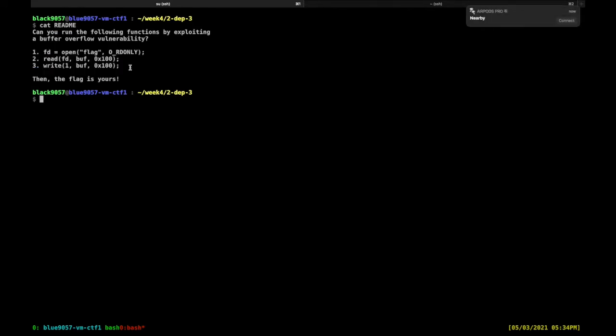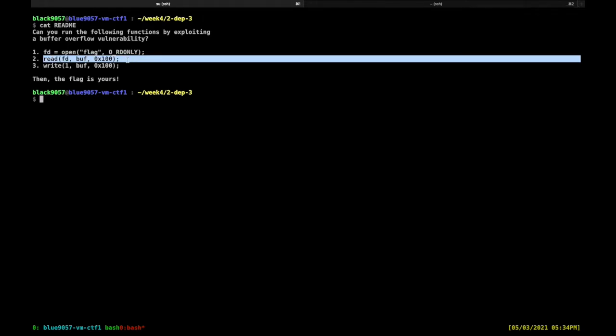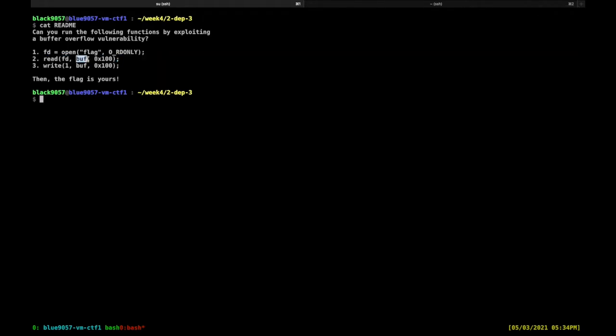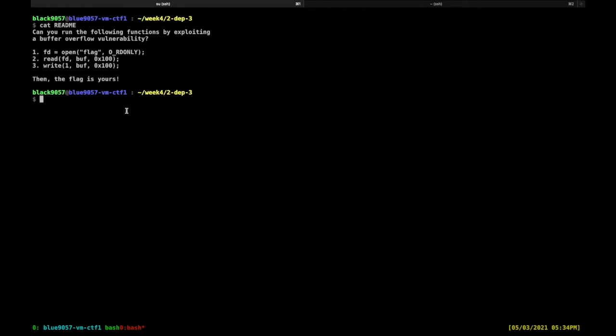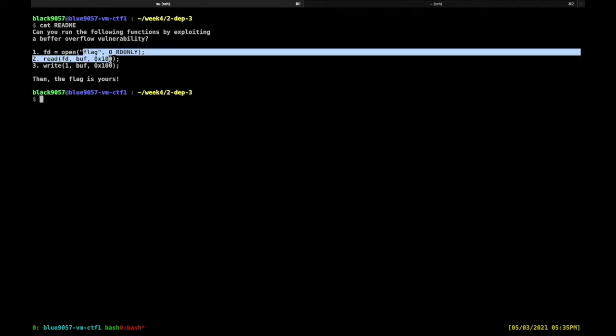What it does is just opening the flag file, then reading the data from the buffer, and then writing the data that we read from the flag file to the standard out. Then we can see the flag on the console. So instead of running the shell and running cat flag, we can read out the flag by running these